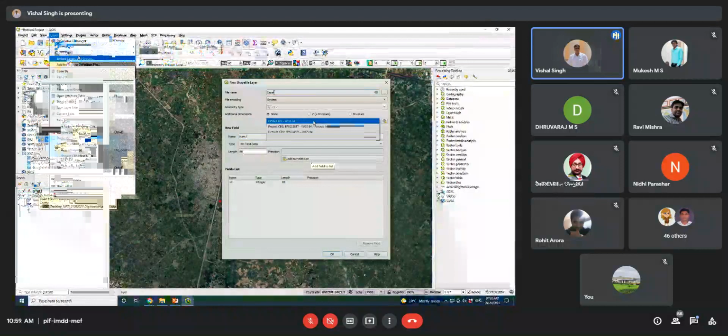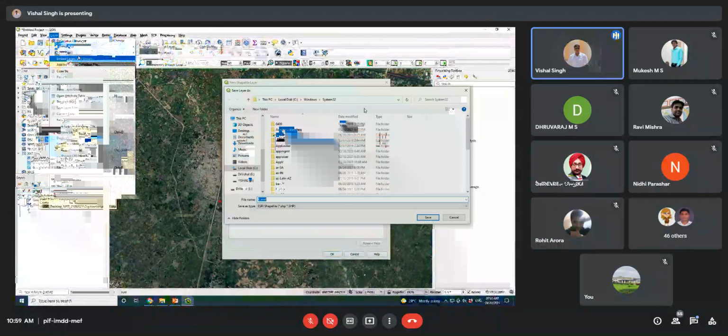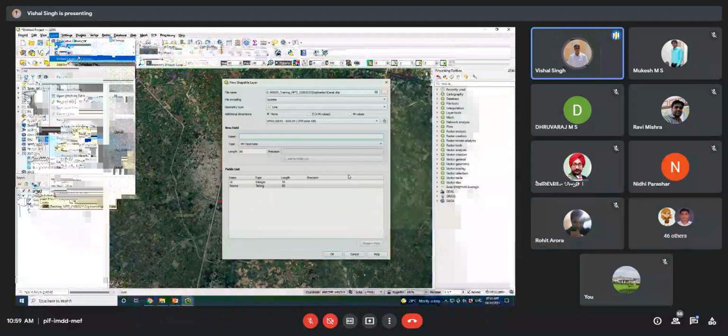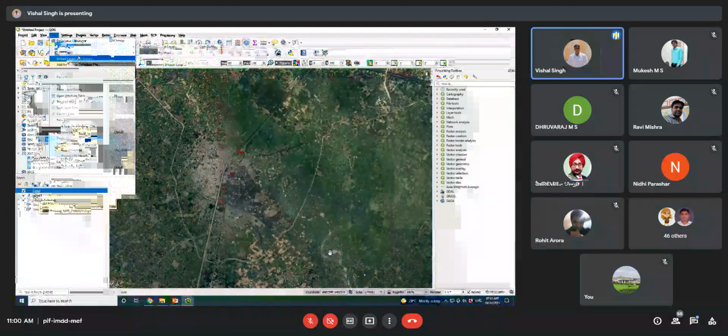And now I need to save this layer. So I will save in the same directory where I am putting the other layers, digitization, canal. And I will save and I will click on OK. So here now you can see that this canal has been added, the shapefile has been created, and now you can see that the shapefile is showing here.